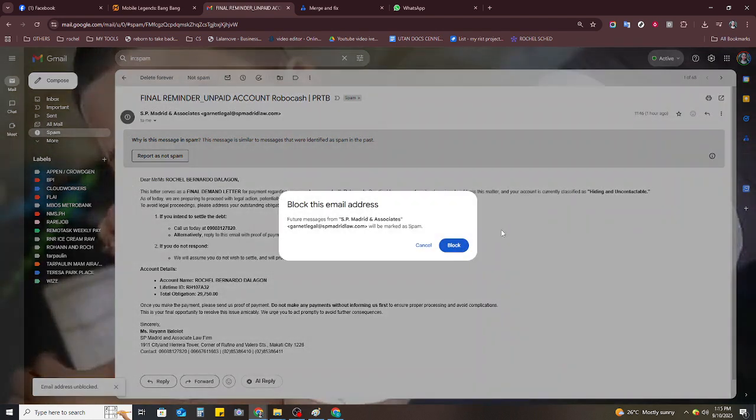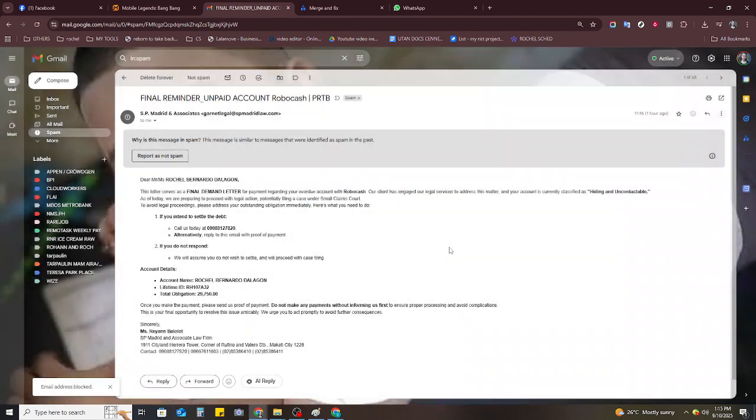By following these straightforward steps, you can efficiently manage who gets through to your inbox, helping maintain an organized and more